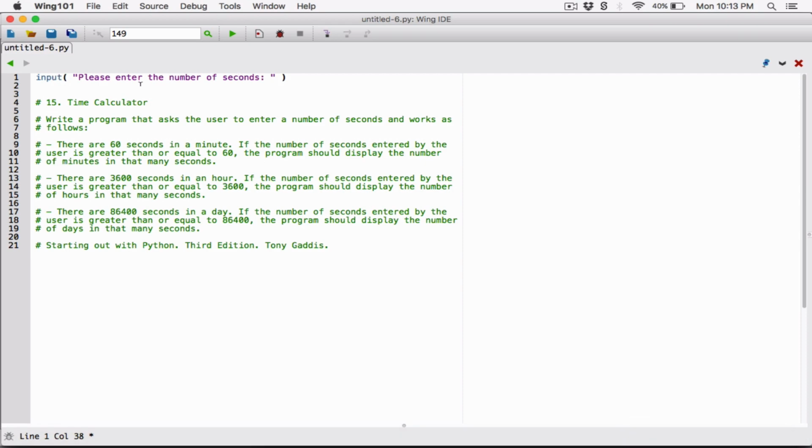But the thing is, we can't use strings in calculations. We can't use strings the way we want to use that number of seconds in this question. So we need to convert the string that the input function is going to return into an integer, because the user is going to type in an integer. But because the input function always returns a string, we need to go ahead and convert it to an integer